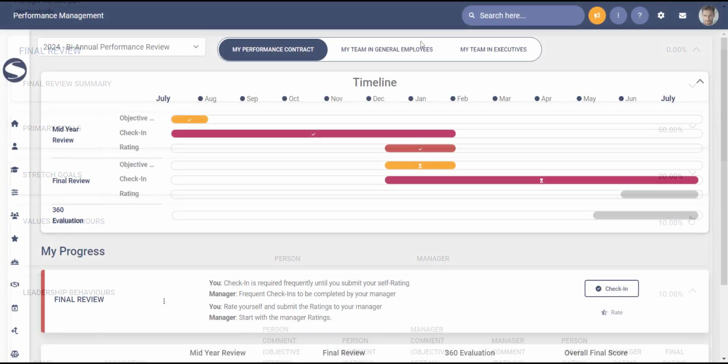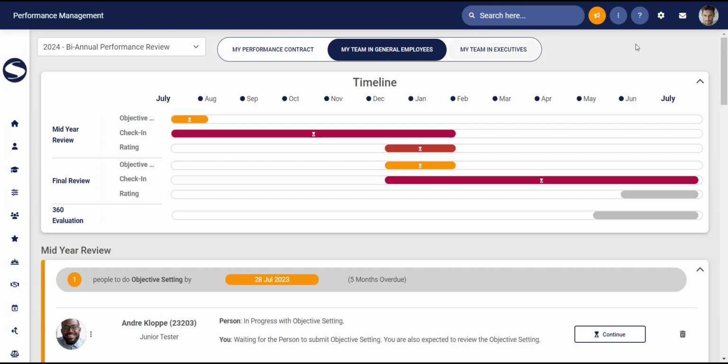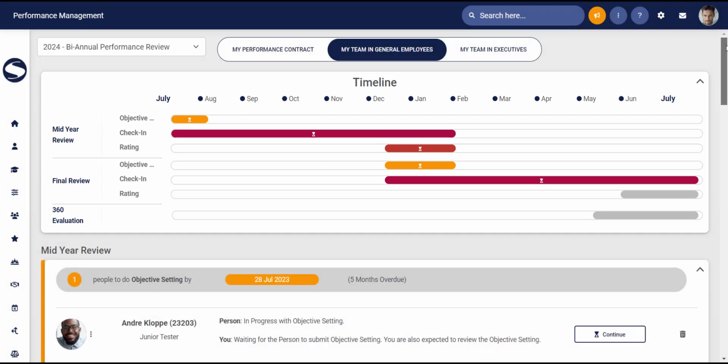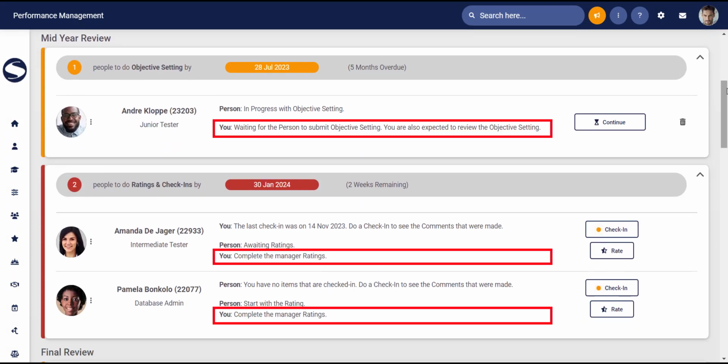To navigate the performance review process for his team, Joe relies on the Signify Performance Management System. Let's walk through the steps that Joe takes to oversee this process. Similar to Joe's personal timeline, his manager dashboard mirrors the timeline specific to his team members. It provides a snapshot of the phases each employee is currently navigating and outlines the necessary actions that Joe must